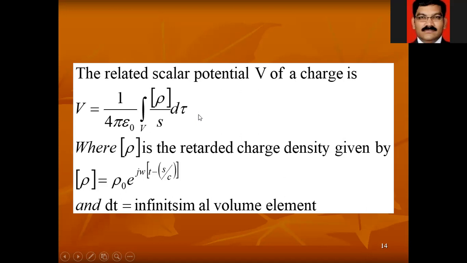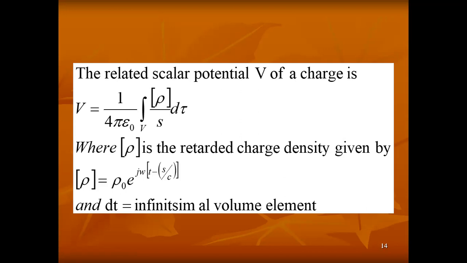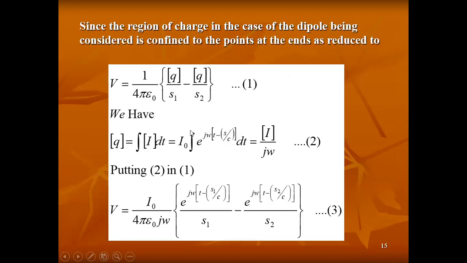Now generally, for the scalar potential we talk in terms of the electric field, and for the vector potential we talk about the magnetic field, and that's why we have taken a current. And here we have taken the charge, that is rho v. Okay, now we will go further.